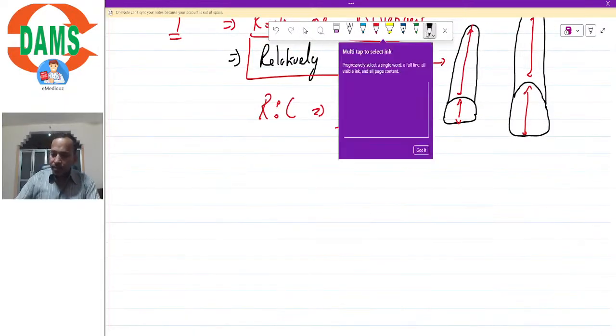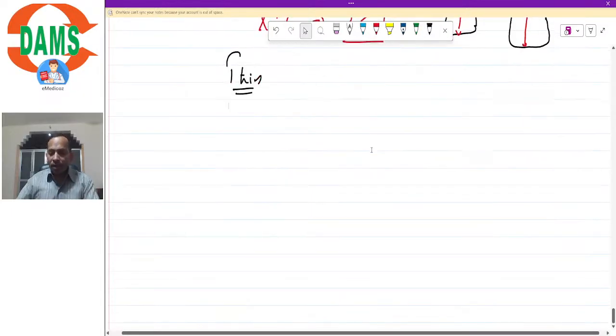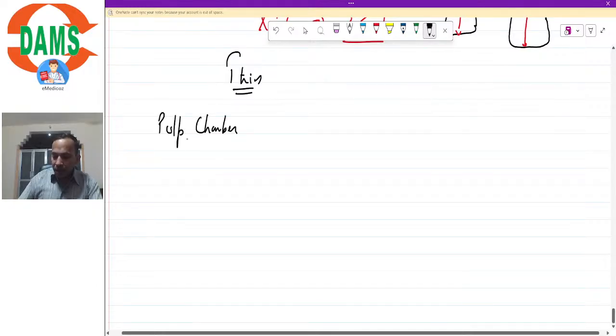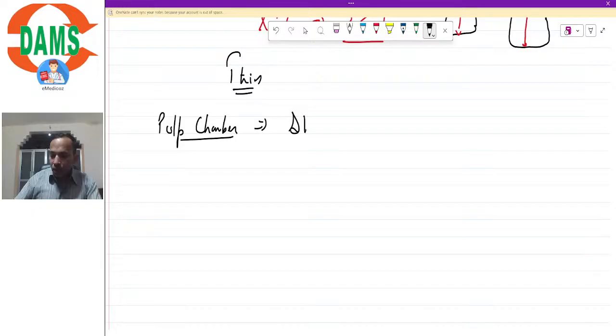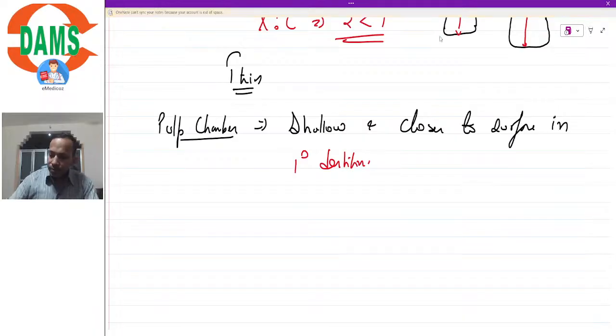They are thin as compared to the permanent. So when we say that they are thin, similar things can be said about the pulp chamber and the pulp canal. The pulp chamber is shallow, and since the dentine and enamel is thinner, it is closer to surface in primary dentition. Also, the pulp canal